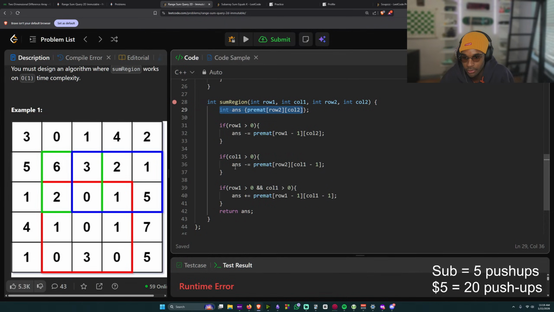If col is greater than 0, ans minus premat of row 2, but col minus 1, so it deletes like this column. And then we need to add back the diagonal because we deleted it twice.